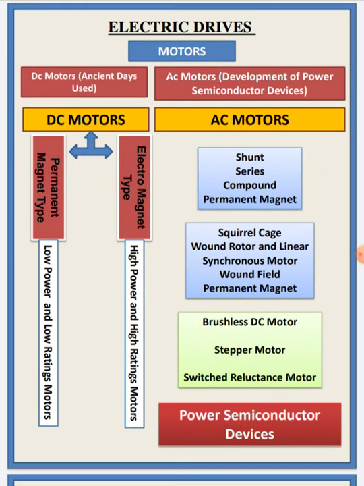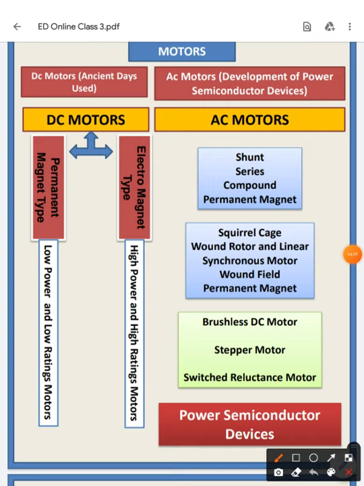So we have completed the converter part. Now we are switching to the motor part. So what kind of motors are used in electrical drive systems, that we have to realize. So basically we have studied that there are two kinds of motor available in the market. One is your AC and the other one is your DC, right?